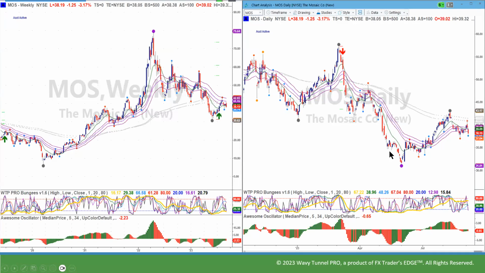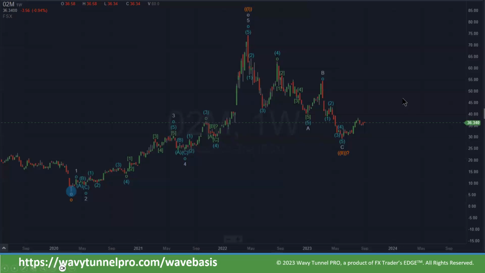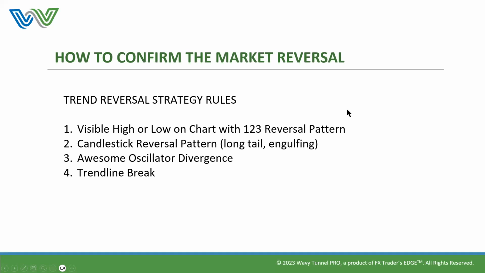Just beautiful. And here, this is saying that we've done a wave 1 and a wave 2, and we're ready to move up again. So these are 4 stocks that you might want to take a look at. Now, how do